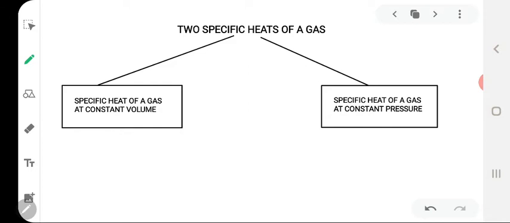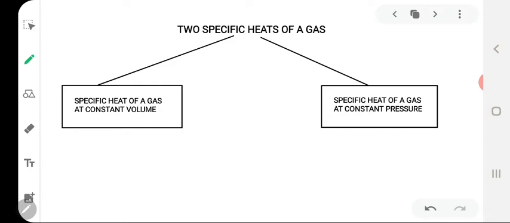Now, let us get some information regarding the two specific heats of a gas. The specific heat of a substance is defined as the amount of heat required to raise the temperature of its unit mass through 1 degree centigrade or 1 degree Kelvin. Now, this definition holds good for both solids and liquids. It is because when heat is supplied to a solid or a liquid, it goes into it to produce an increase in the temperature only, without causing any practical change in its volume or pressure. Accordingly, a solid or a liquid undergoes a definite rise in temperature when supplied a given amount of heat.